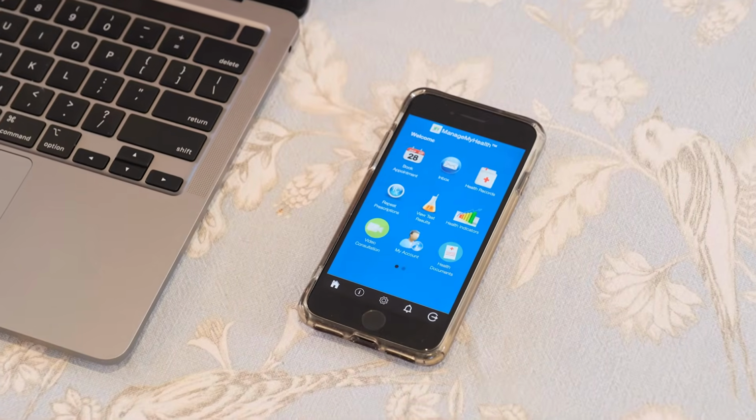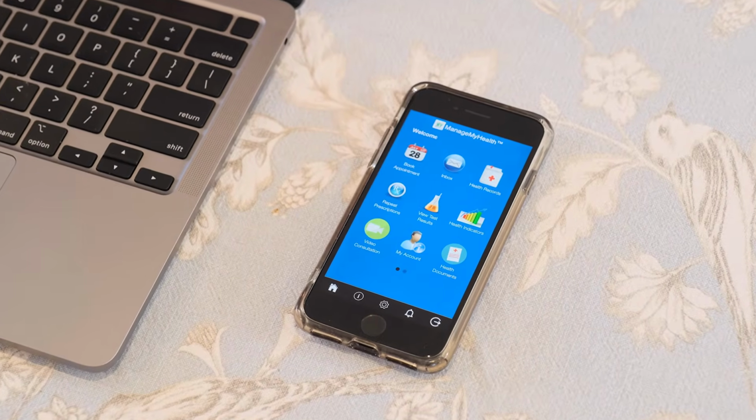I use the Manage My Health app on my phone because that's the most convenient for me. I have it with me all the time and do almost everything on my phone. For this video, we're going to show you how to use the Manage My Health portal using a laptop because it's easier to film. At a lot of medical centres, you may now have the option of a phone appointment,